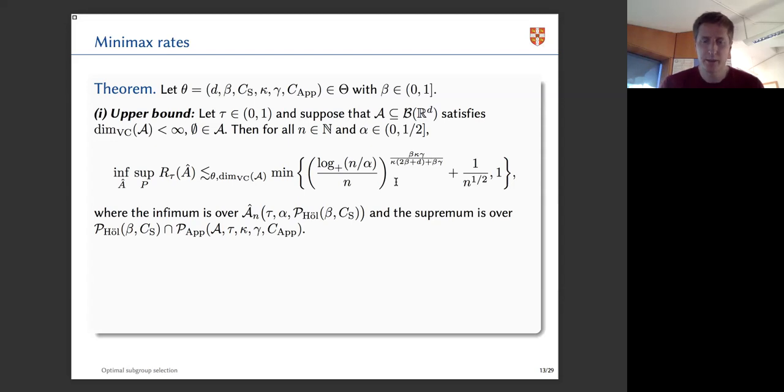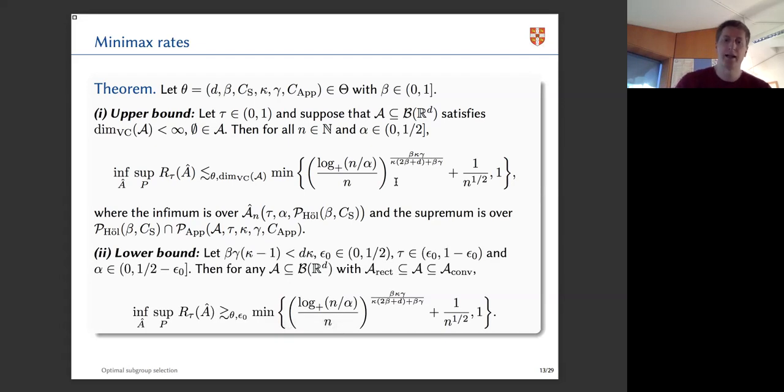So complementing this upper bound is a corresponding lower bound. The lower bound has what I claim is a rather mild restriction on the parameters. For those of you who are familiar with this, it's actually a little bit weaker than, but somewhat similar to, a condition in Audibert and Tsybakov from 2007, which rules out super fast rates. I think that it can be thought of as a rather mild condition. But the lower bound is of exactly the same order here. So this is the exact minimax rate for this problem,